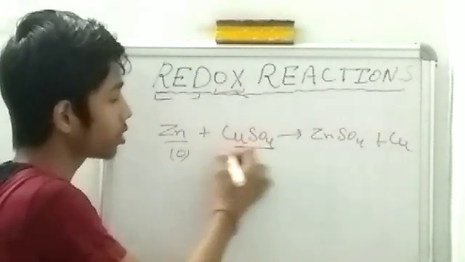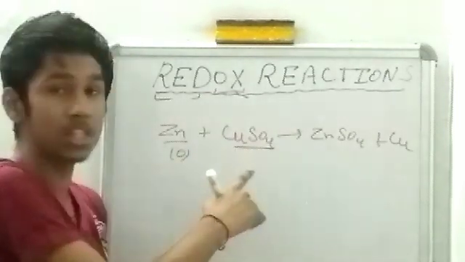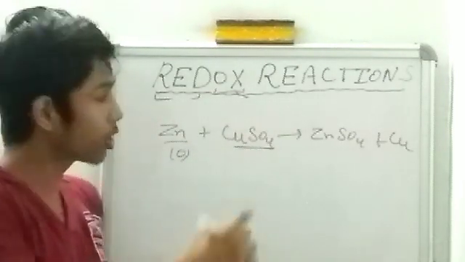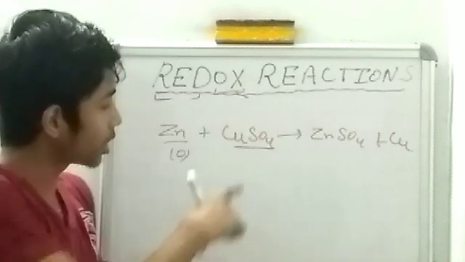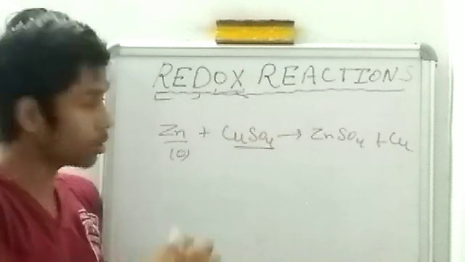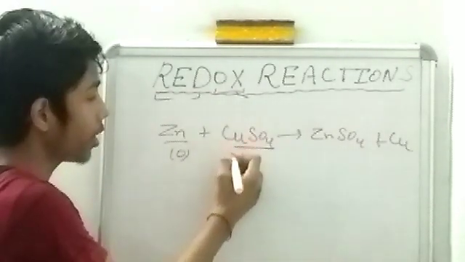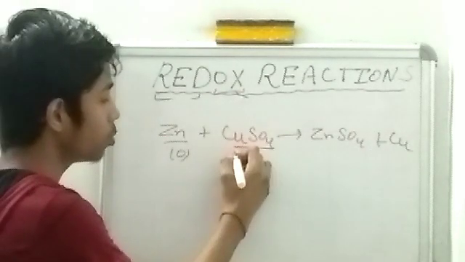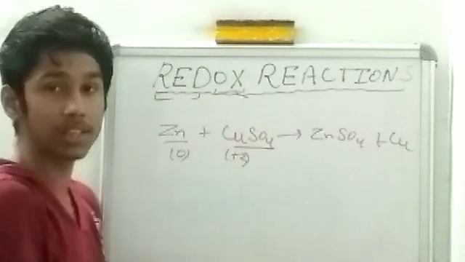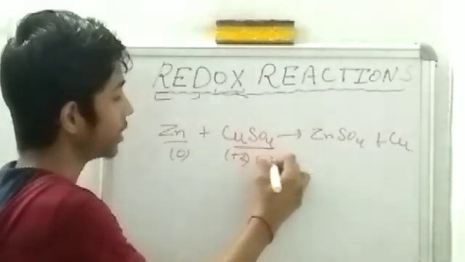What is the oxidation number of Cu in CuSO4? The oxidation number of Cu in CuSO4 has some value because now it is taking part with SO4. Okay, it has given 2 electrons to SO4, right? So here the oxidation number of Cu is plus 2. And what is the oxidation number of SO4? The oxidation number of SO4 is minus 2.